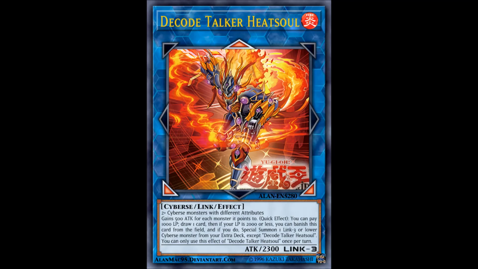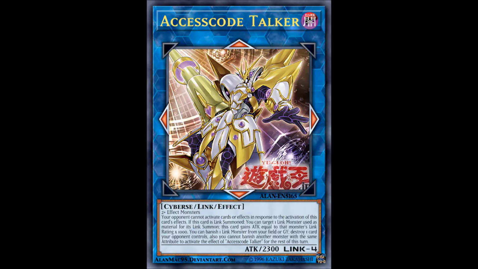Yeah, sure, you can use its effect every 375 duels, but you're better off running the original Deco Talker or the Nordico Talker Extended, or the last card that they received as support, the Link 4 Access Code Talker, the last code talker that appeared in the anime. It's a Link 4 that points up, down, right, left, and right, basically having Firewall Dragon arrows, requires 2